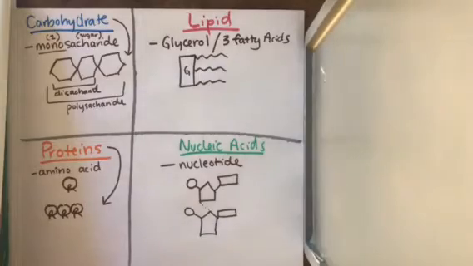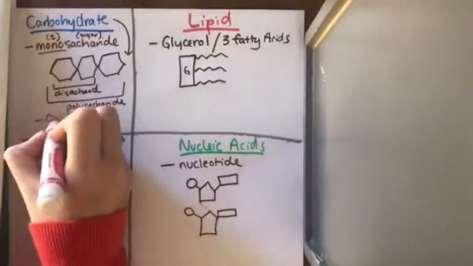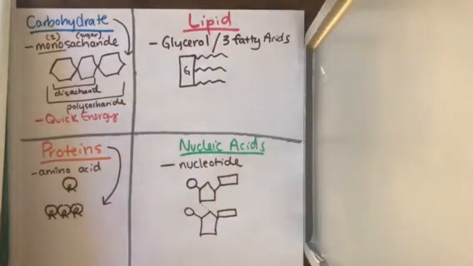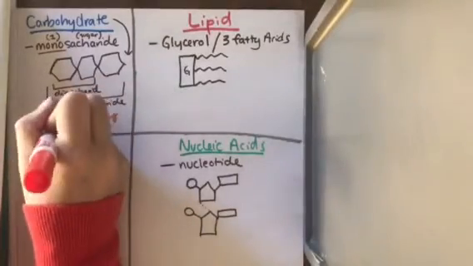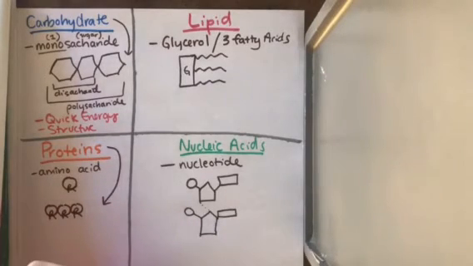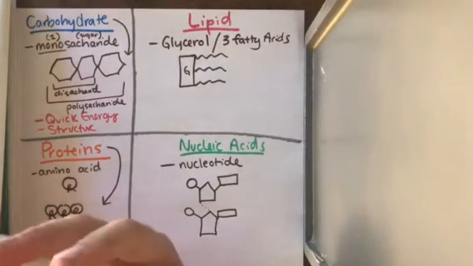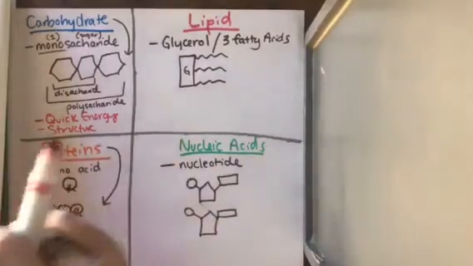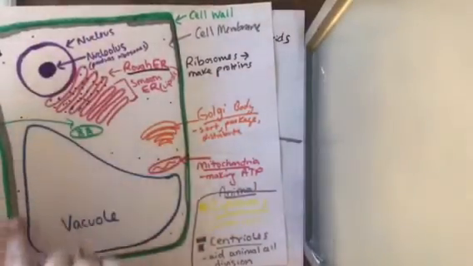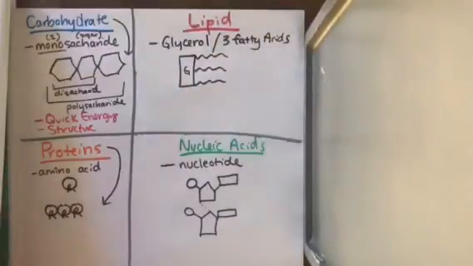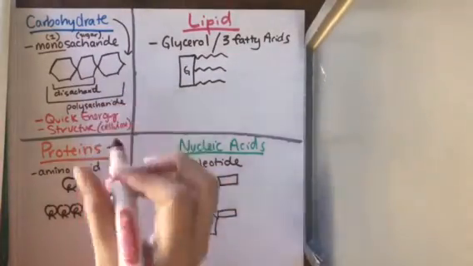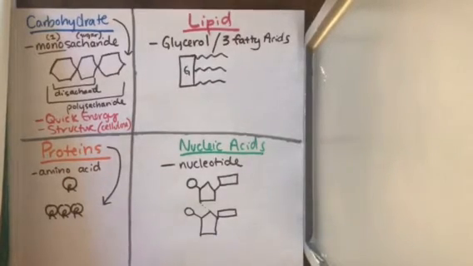So carbohydrates. These are used for quick energy. They're also used for structure. For example, the outside of a plant, so the cell wall. Oh, we just talked about cell walls in my last video. This cell wall, this piece right here, is actually made up of a carbohydrate called cellulose. So I'll just put that in parentheses, cellulose. And it just gives structure. So most of the time, it's going to be quick energy